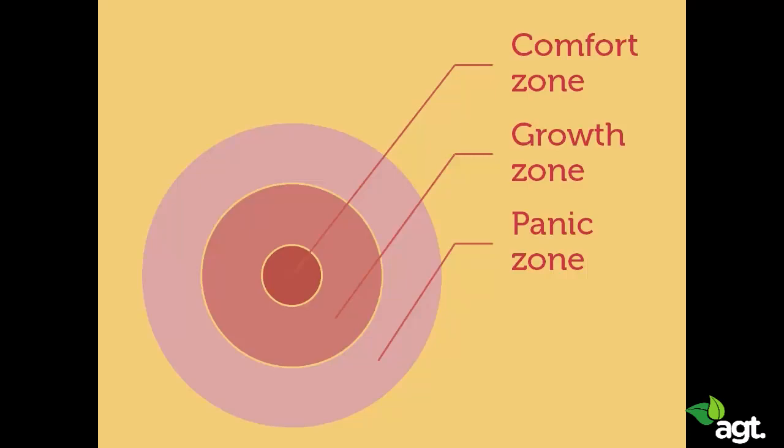Let me give you an example. Back in school, we used to be nervous before exams, but if we got too nervous, that would cause problems. An optimal level of nervousness and stress can help us focus on the test and remember the information that we studied better. But too much test anxiety can give us a blackout and we don't remember anything. This would be the panic zone. Where we want to be is the growth zone.